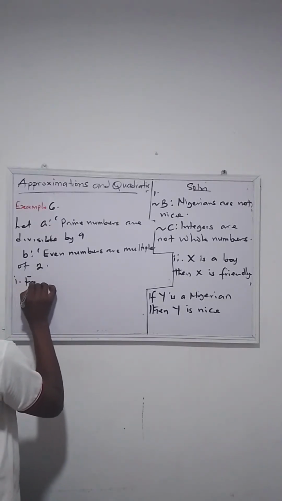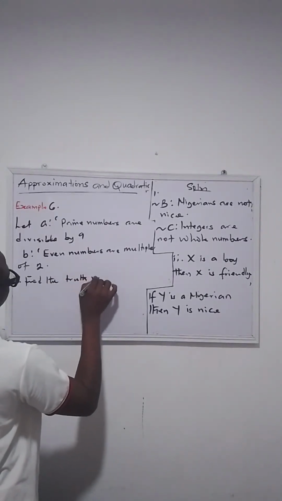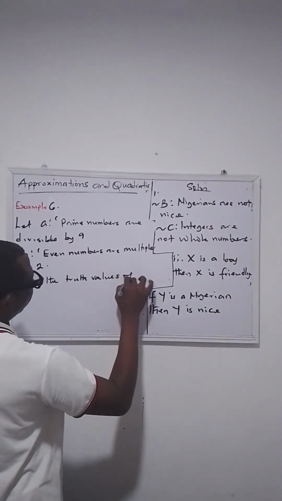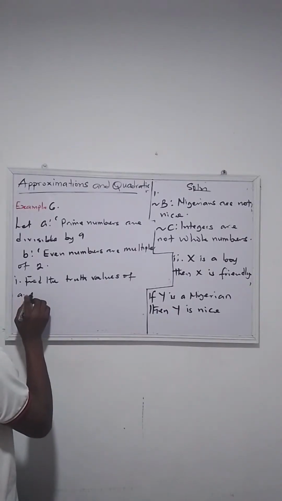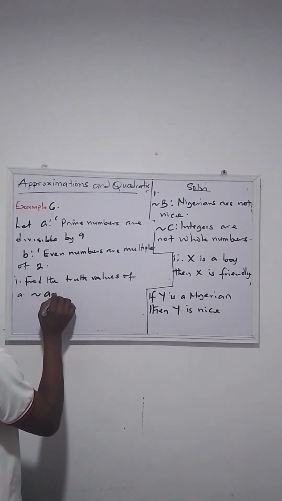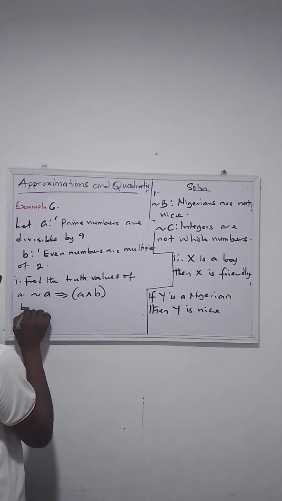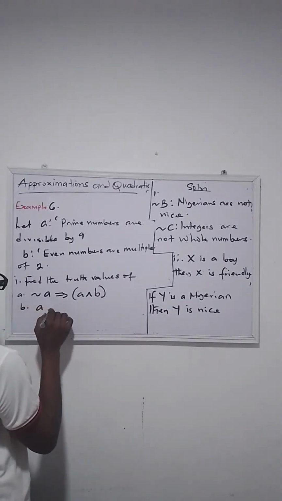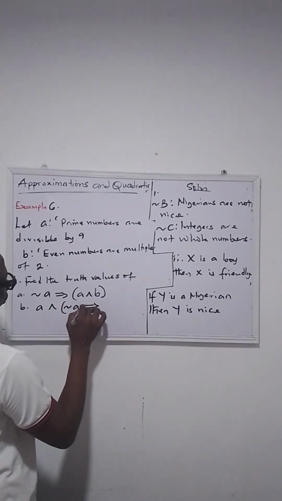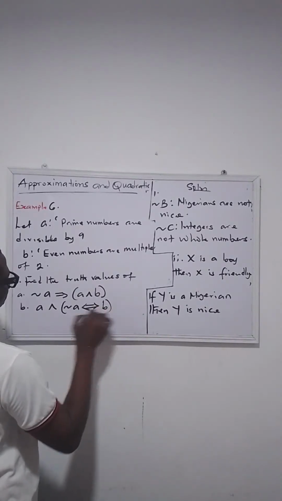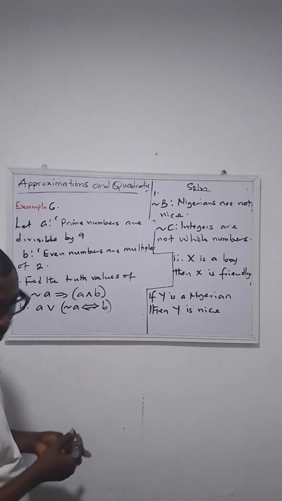1. Find the truth value of A, negation of A implies A and B, A or negation of A by conditional B. Now this one is all. So now